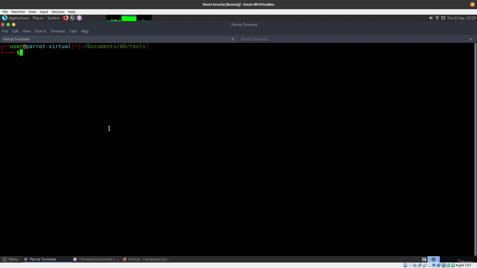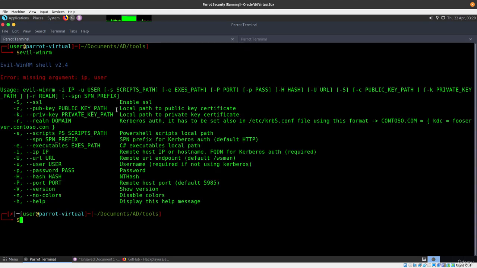So let's go ahead and take a look at the basic commands that we can do. Evil-WinRM. And I like Evil-WinRM whenever I want to have a persistent shell, because this is what it gives you. It gives you a persistent shell. With CrackMapExec, it doesn't give you a persistent shell. It basically just sends commands and executes those commands, and then you get them back. With Evil-WinRM, you're going to be able to have a persistent shell, and it's going to give you the response right away, right? So you don't need to wait for CrackMapExec